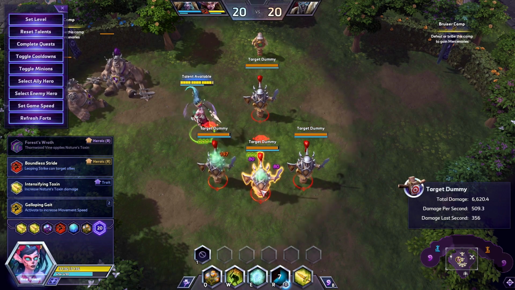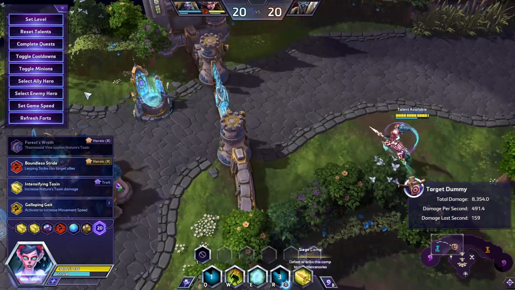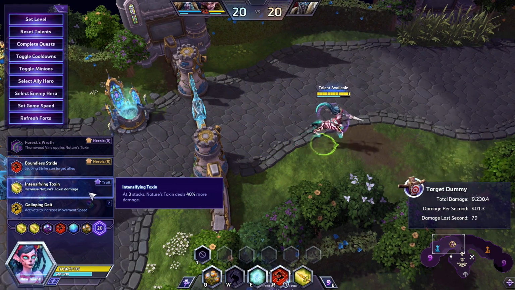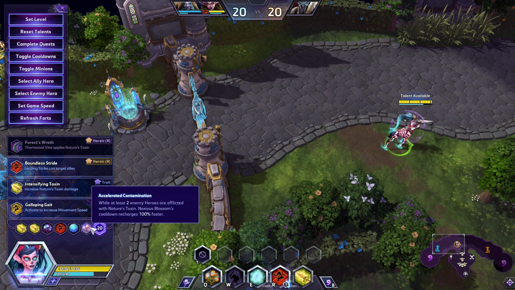You still have your W ability to help with this. I hear the call of Kalimdor. That seems really good. And then I would go for the Intensifying Toxin as well. At 3 stacks, Nature's Toxin deals 40% more damage. But what I'm wondering is...